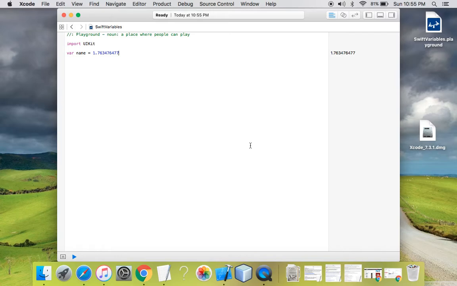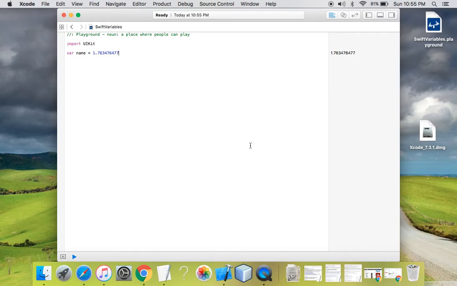These are the basics of creating a variable and assigning a value to it. There is no compulsion that you need to specify a data type for a variable. If you pass a value to the variable, then the compiler will automatically identify what type of variable it is. So next, let's start with